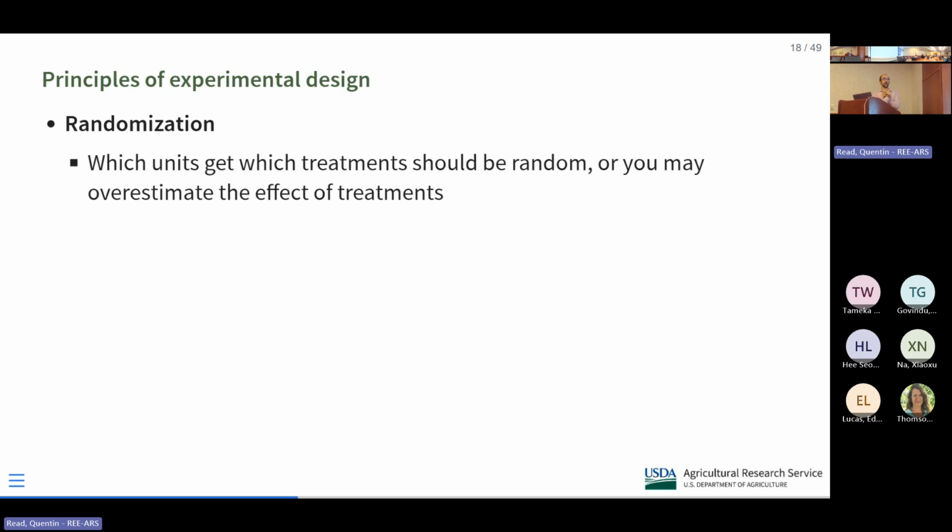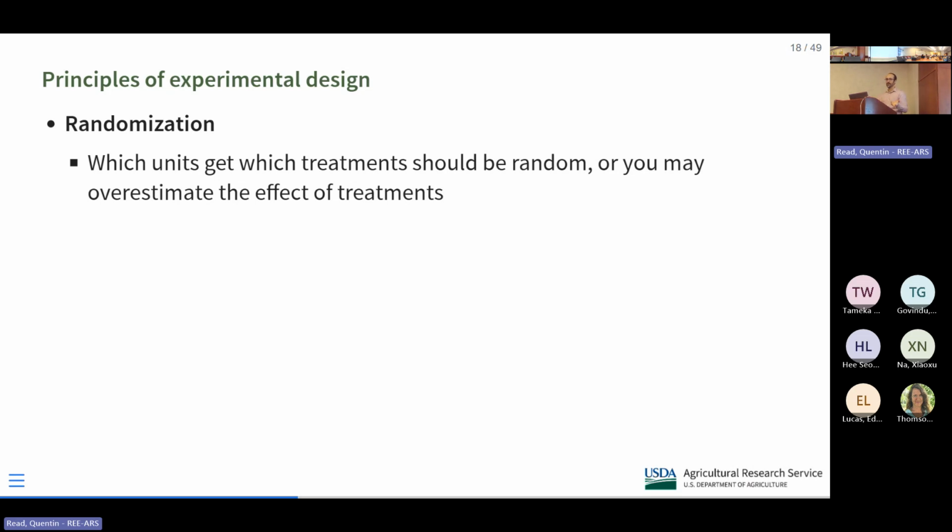Let's talk about the principles of experimental design as first put together by R.A. Fisher. These are the 3 things you have to take into account when you're designing an experiment. Randomization is the first one. It must be random which units get which treatment. When R.A. Fisher first did his agricultural experiments, he took a deck of cards, shuffled them, and then based on whether you got clubs, spades, diamonds, or hearts, decided which treatment each plot would get.